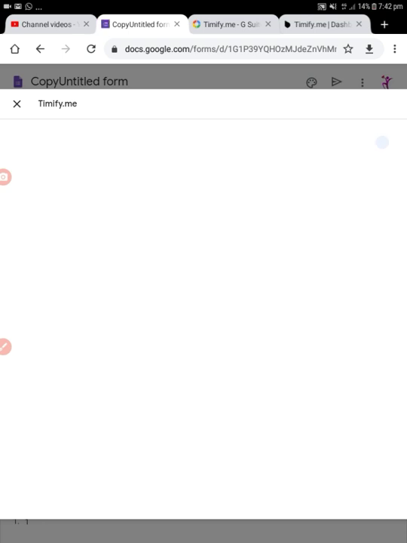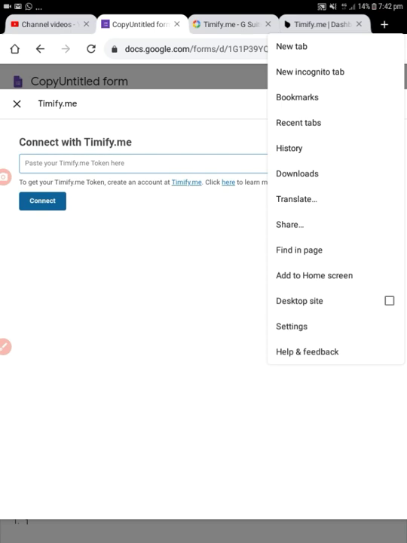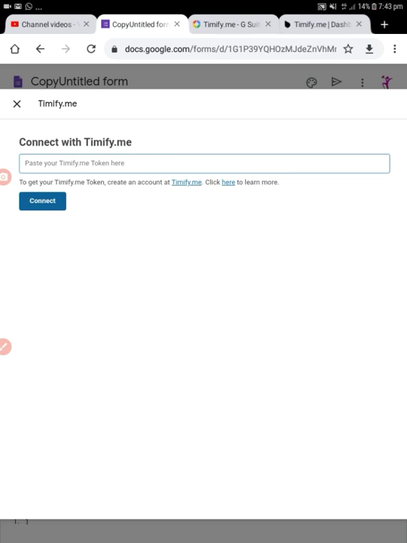So here one thing I want to say to you: in some browsers, you will receive this add-on page after choosing some add-ons, and it will be in the working status. In that situation, you can go to the settings of this browser. I will be explaining. Here you click these three dots and enable the desktop site. Okay, so then your add-ons will open faster.